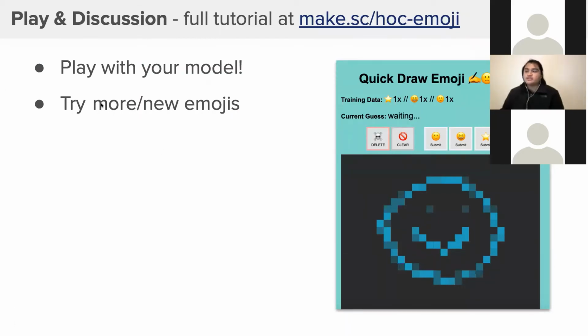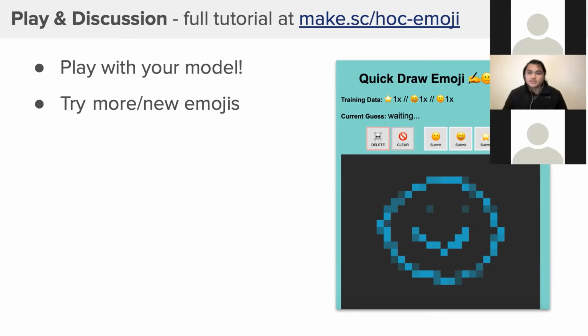So with those 2 links, you can always play with your model and you can always try to do different emojis, right? Don't be limited to what the code already has. Don't be limited, period, right? The cool thing about being a programmer is you can completely mess up and that's totally fine. And you can use the code that I've already given you and dissect it on your own and create something completely different or completely similar and just claim it with your own projects and integrate it in your own type of style.